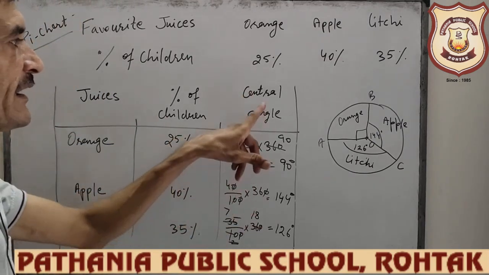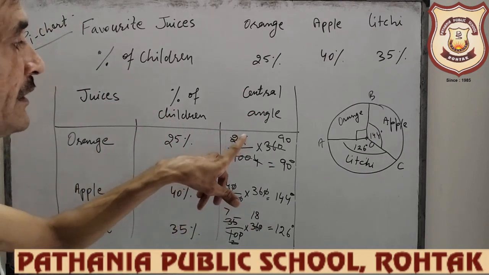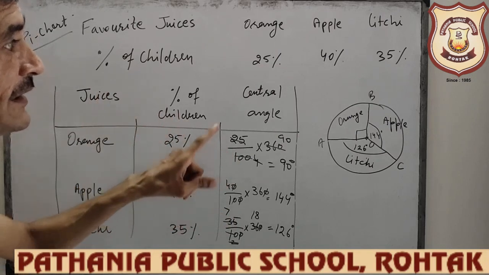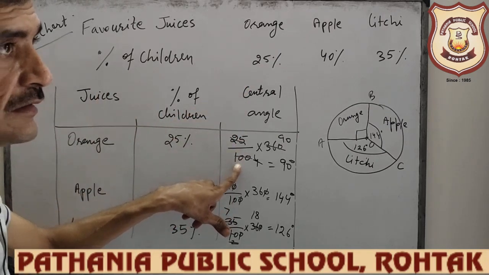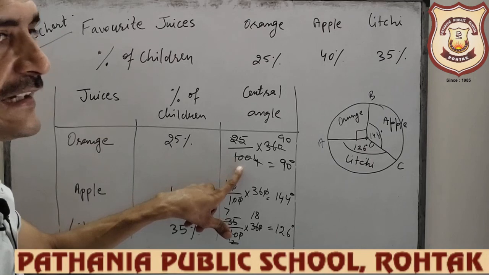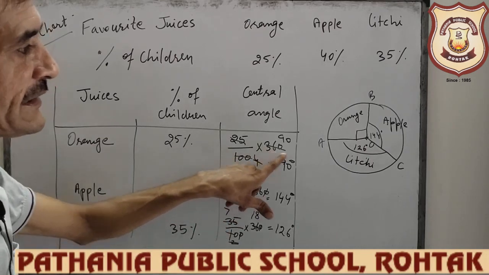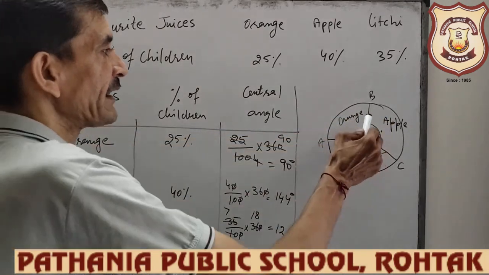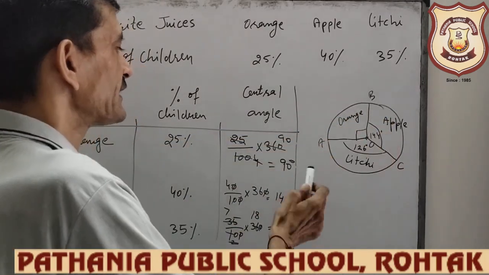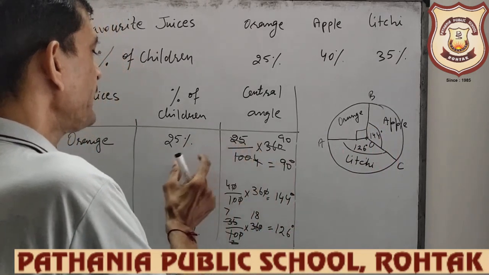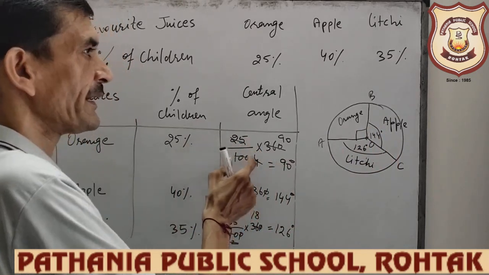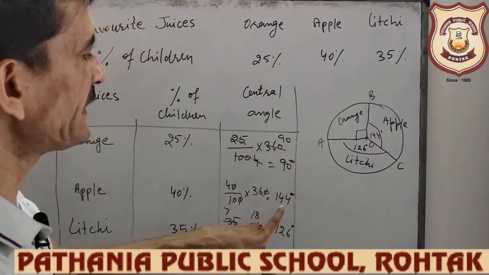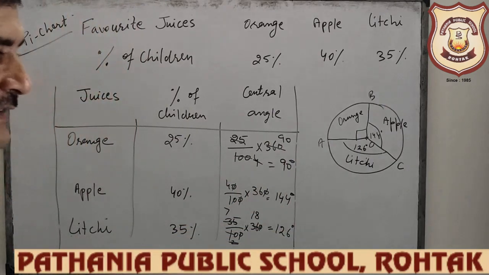Now find the central angle. How is the central angle possible? This one out of total. If total is given, then use that total. Otherwise, if percentage is given, then take 100 and into 360, because total angle at the center is 360. This complete angle from here to here is 360. So out of 100, 25, that is 25 by 100, and out of 360 is how much? So it will be 90 degrees, 144 degrees and 126 degrees.